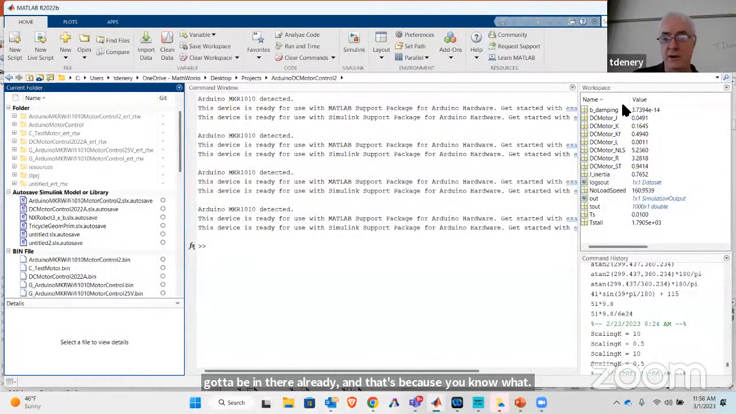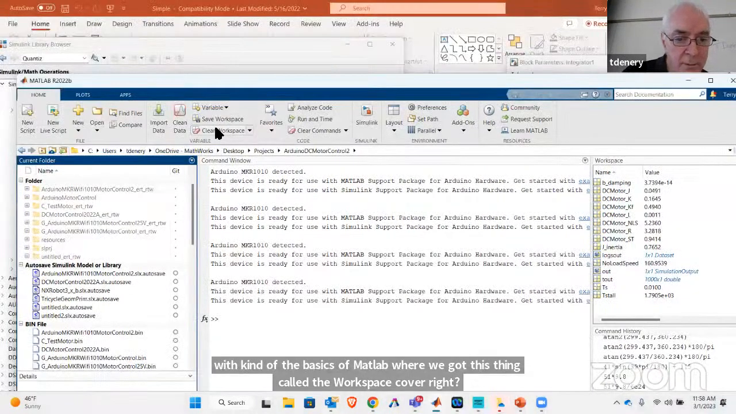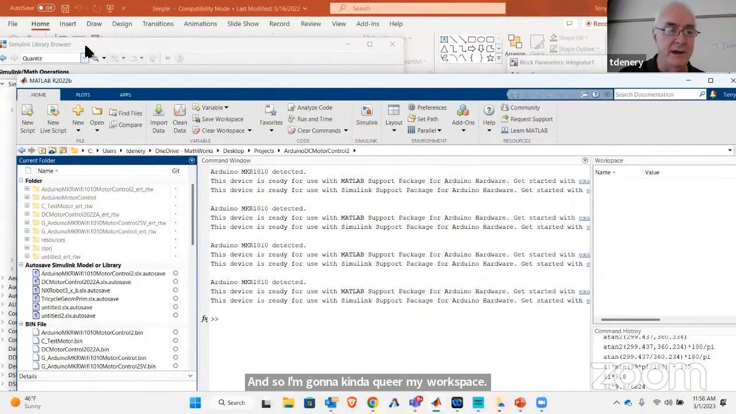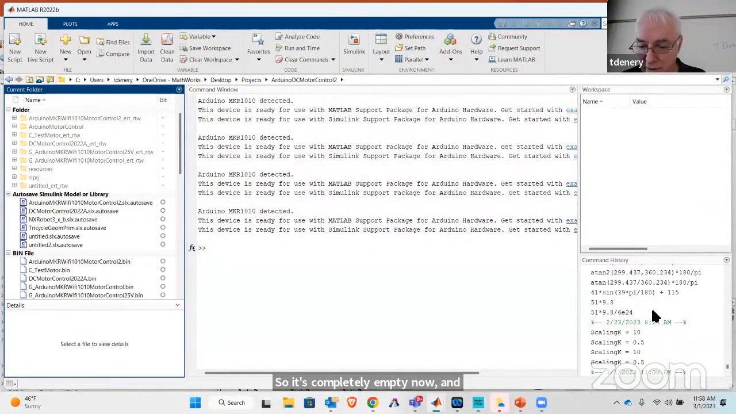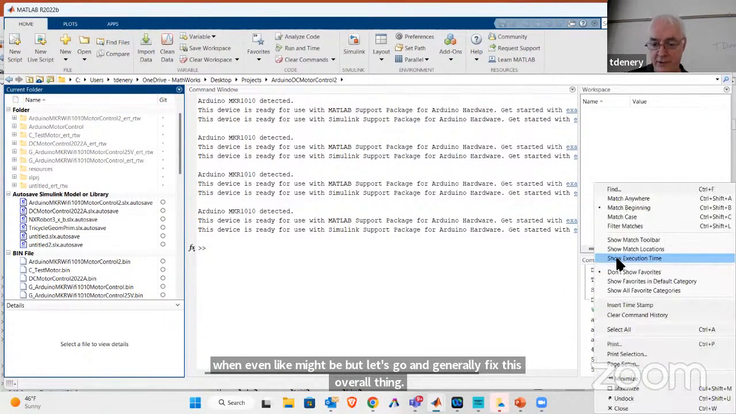Right, and so let's just go in here. You guys familiar with the basics of MATLAB, where we've got this thing called the workspace over here? So I'm going to clear my workspace. So it's completely empty now, and if we went back, it wouldn't even like my B. But let's go and fix this overall thing. And I like going to my command history. Everything I've ever typed in here